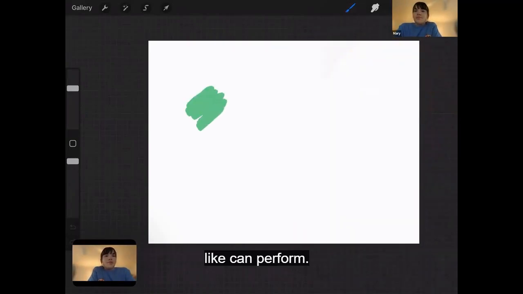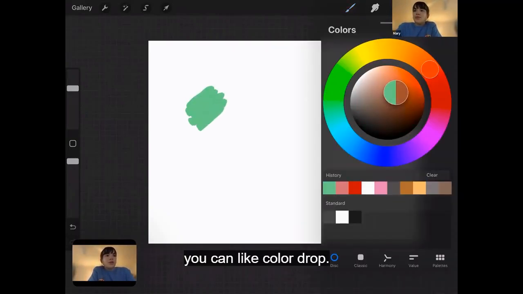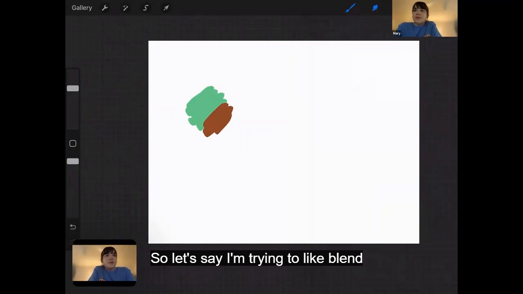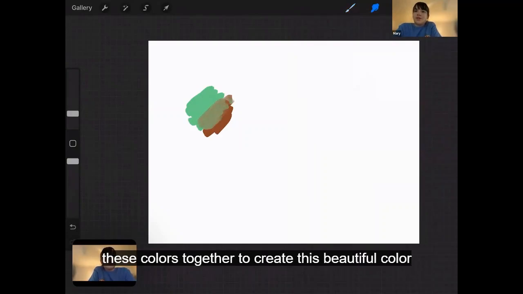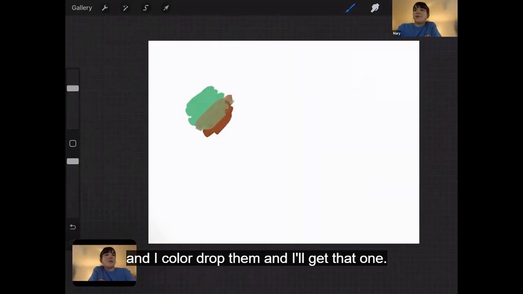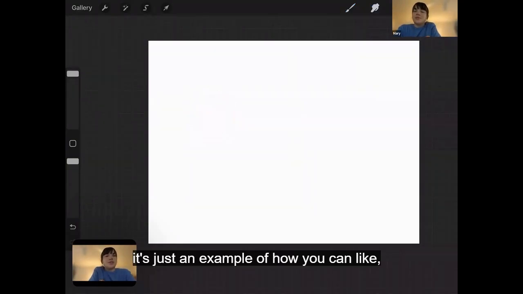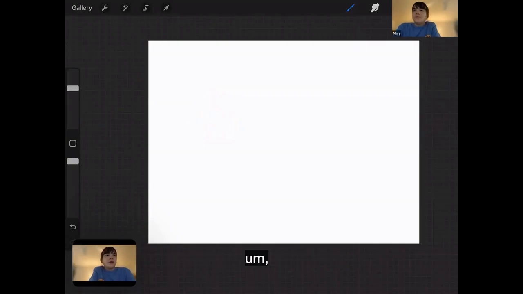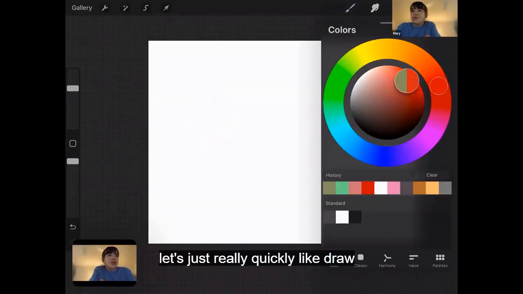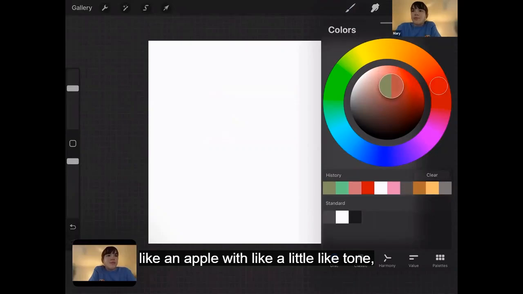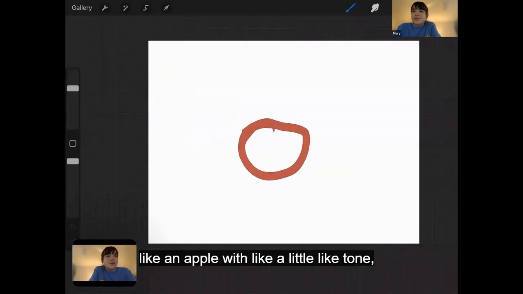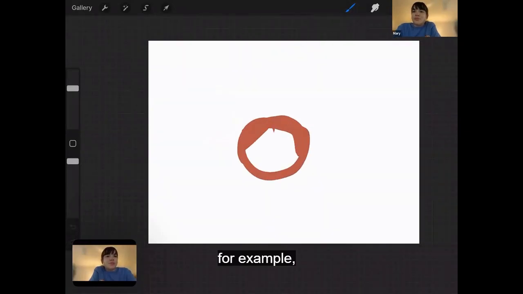Like I mentioned before, you can color drop. So let's say I'm trying to blend these colors together to create this beautiful color, and I color drop to the middle and get that one. It's just an example of how you can use colors. So let's just really quickly draw maybe an apple, for example, of effects. You can also go for